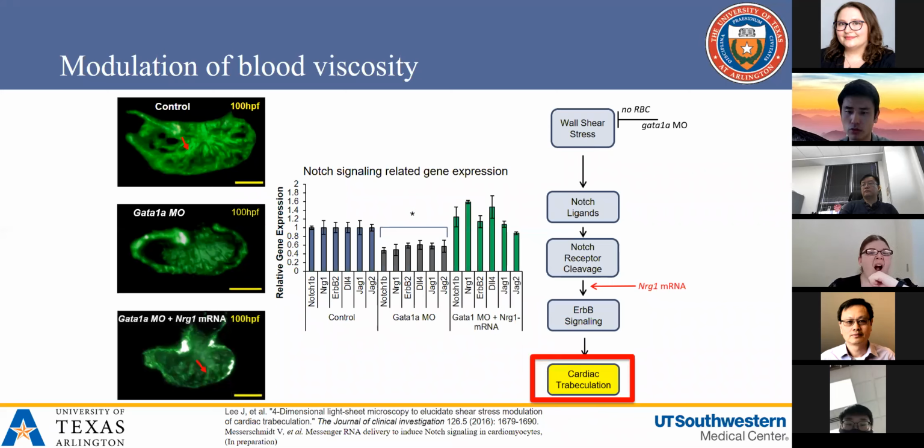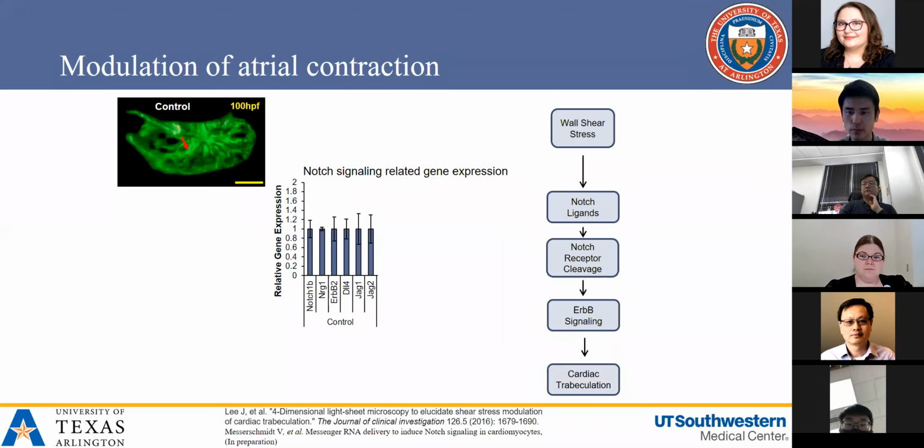So in here, neuregulin-1 mRNA is from the human cDNA. Do you remember earlier that I mentioned that a large number of cardiac genes are conserved between human and zebrafish? So we take advantage of that. We use the human neuregulin-1 cDNA, transfect it and inject it into the zebrafish to rescue the cardiac trabeculation after we inhibit the atrial contraction